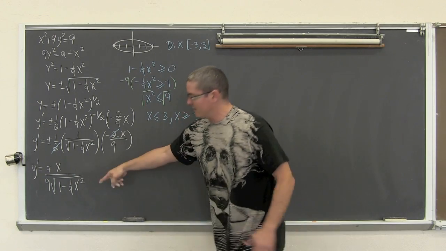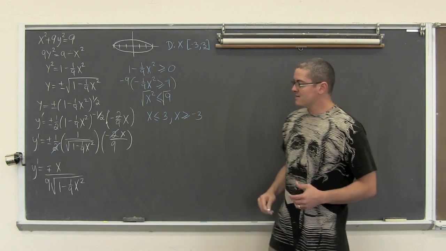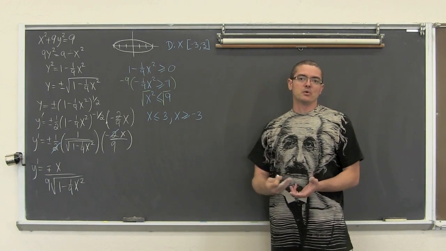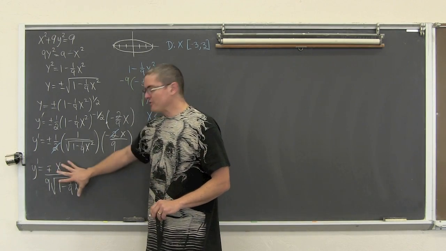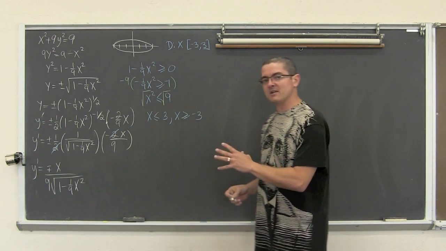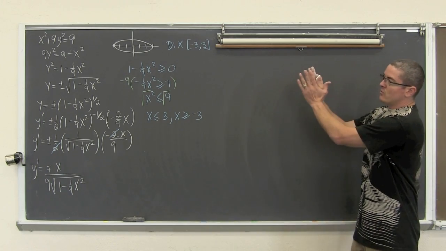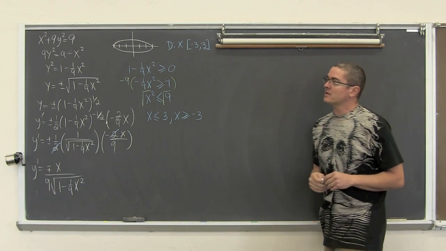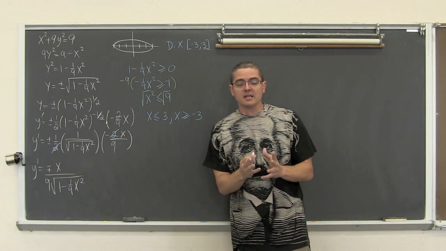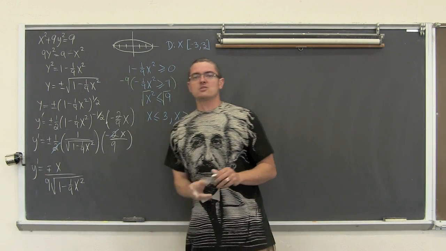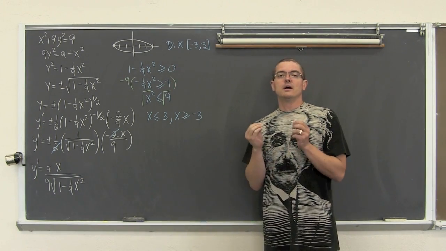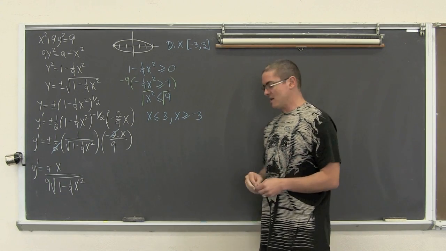Now this would be done. We would be happy with this as our derivative if we were doing it explicitly. And we're going to have to finagle this a little bit in a second, because what we're about to do is differentiate x squared plus 9y squared equals 9 implicitly, but the answer is not going to look the same. So I'm going to have to finagle this a little bit to make sure that you understand that they are equivalently the same equation.